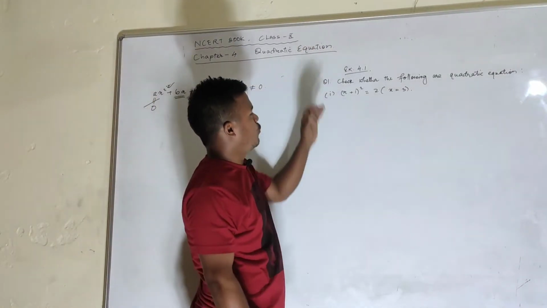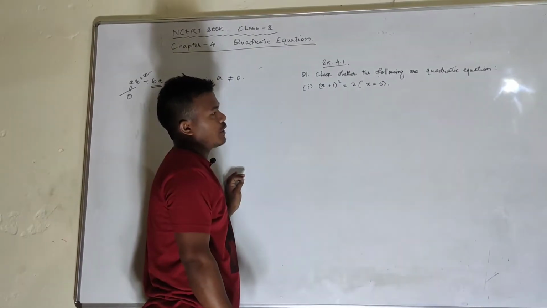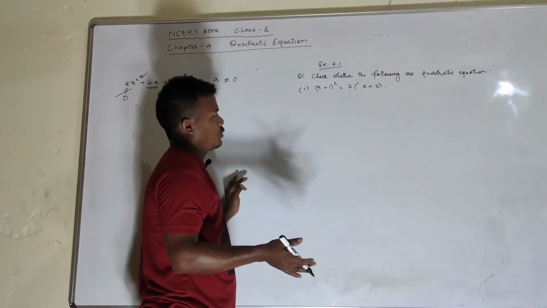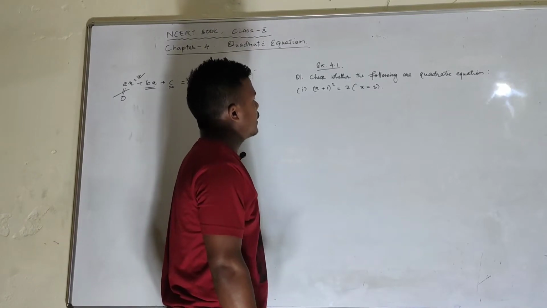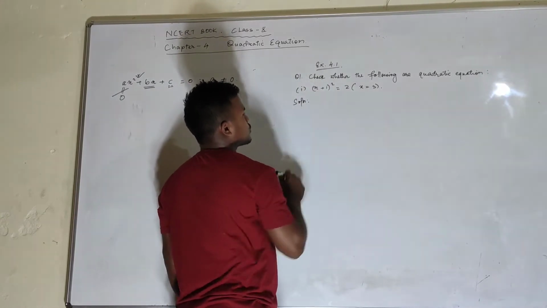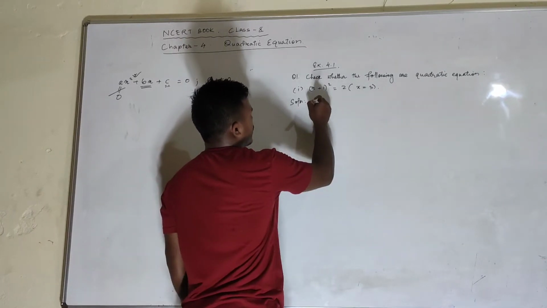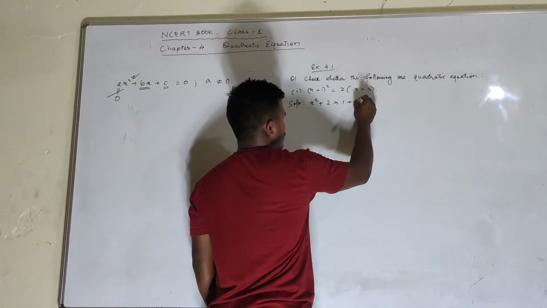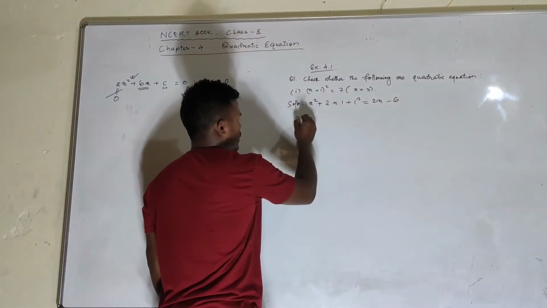See, in exercise 4.1, I am going to the exercise part. In exercise 4.1, check whether the following are quadratic equations. If you get the power 2 at last after solving it, it will be a quadratic equation. Otherwise, if you don't get it, it will not be a quadratic equation. Let us solve this one simply to understand it. x plus 1 whole square. It means the a plus b whole square formula. Use it. a square plus 2ab plus b square. You multiply this one, 2 into x will be 2x, minus 2 into 6, and then